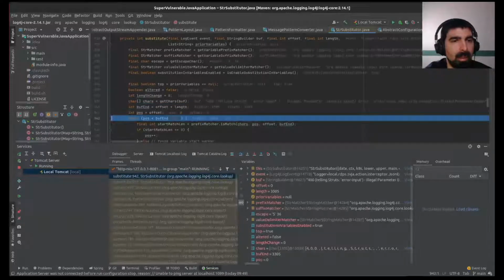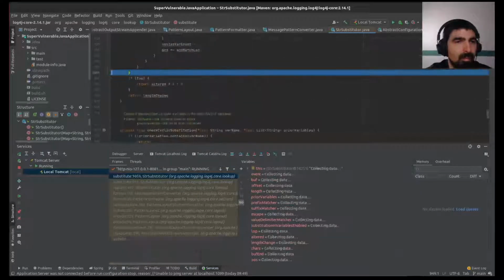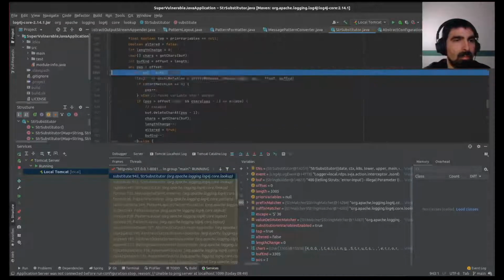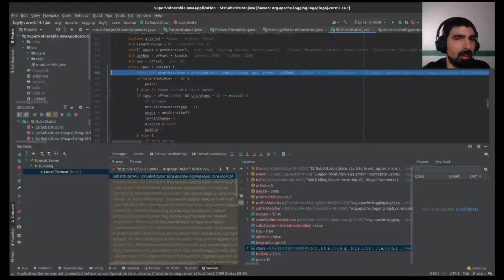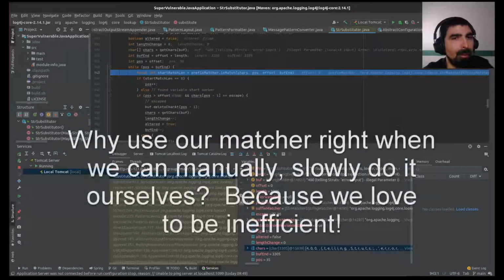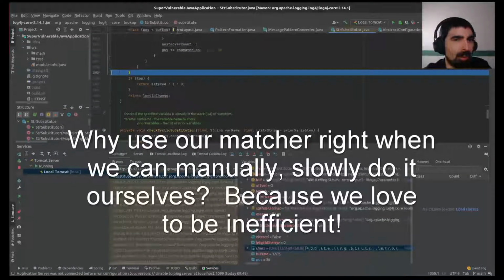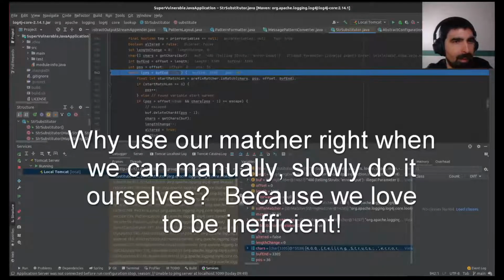Buffer, positive, so long as we have something to march through. So we're going to march through this quite a bit before we finally get to where we're after. It's just going to slowly walk the string despite actually having everything it needs to go through and quickly match